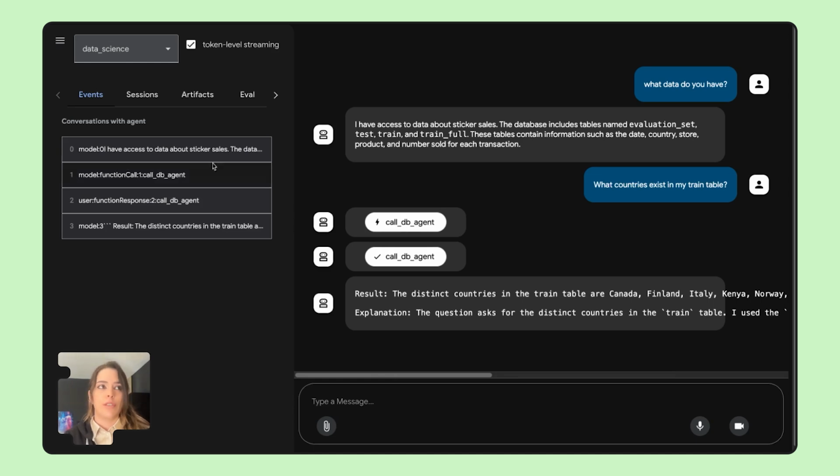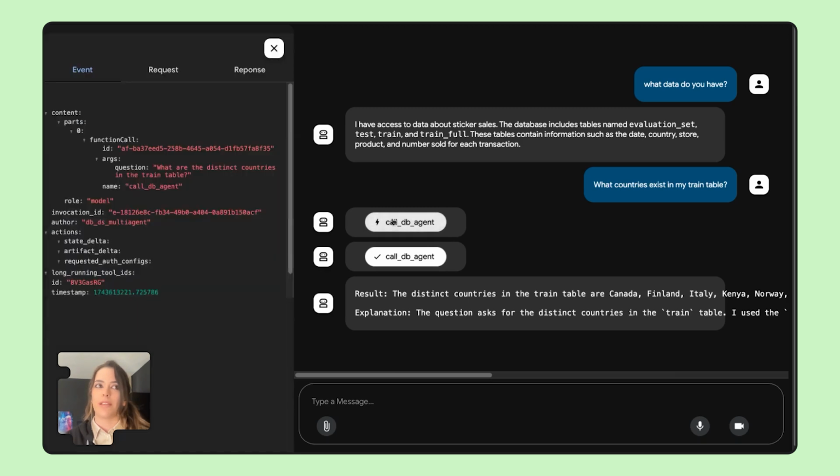What you can now also see in here, we have the events tracked as well inside the UI on the left-hand side. We can also additionally inspect the traces in more detail, so we can see how the calldb agent tool was invoked. We can inspect the JSON and see exactly what question the root agent passed to the database agent tool. So you'll notice that I asked what countries exist in my train table. And the root agent reformulated this question and passed it to the database agent saying, what are the distinct countries